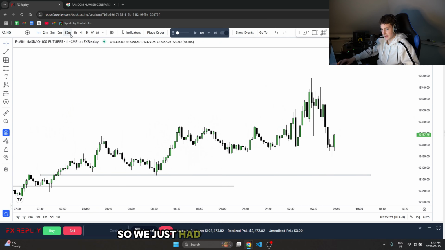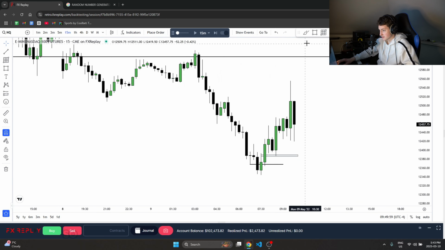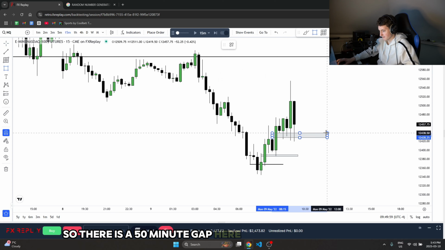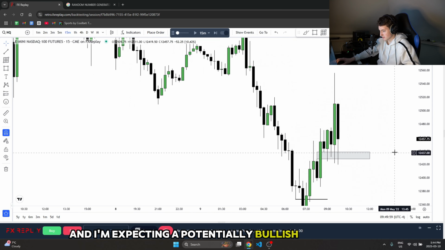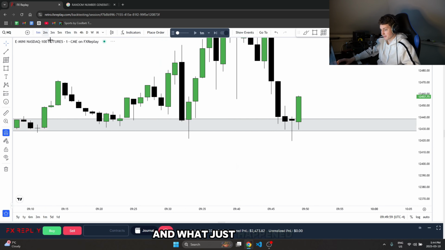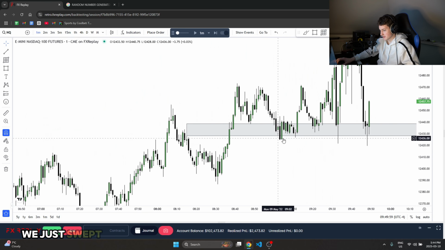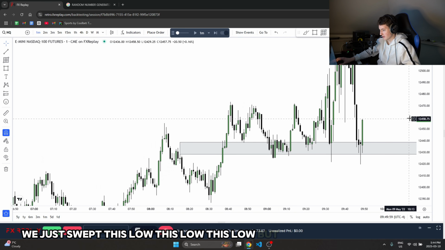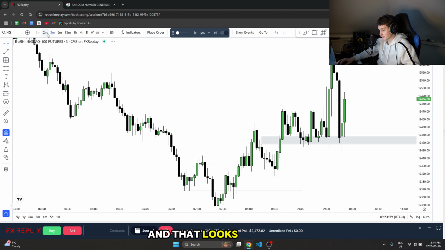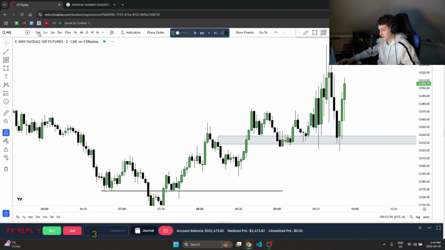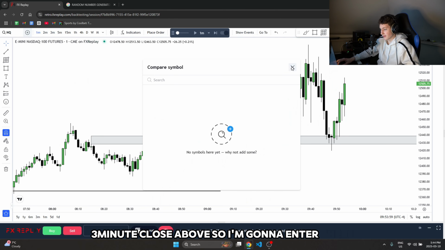So we just had a manipulation down. There is a 15-minute gap here that we're now holding, and I'm expecting a potentially bullish move up here. And what just happened? We just swept this low, this low, this low, but all the gaps are holding, okay? And that looks beautiful. And a 3-minute close above. So I'm gonna enter there